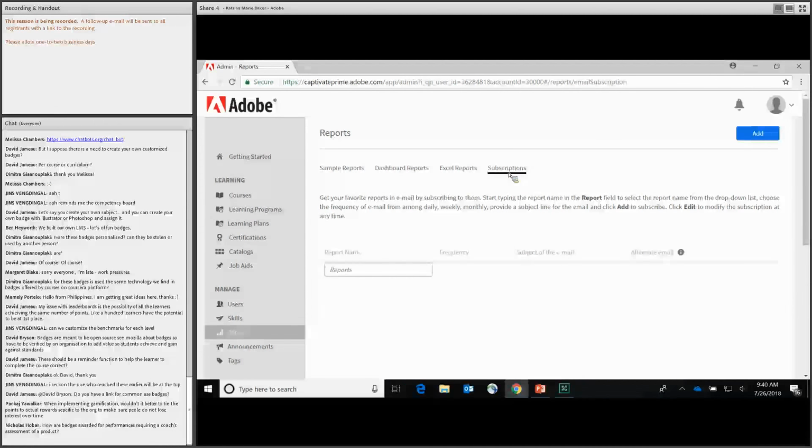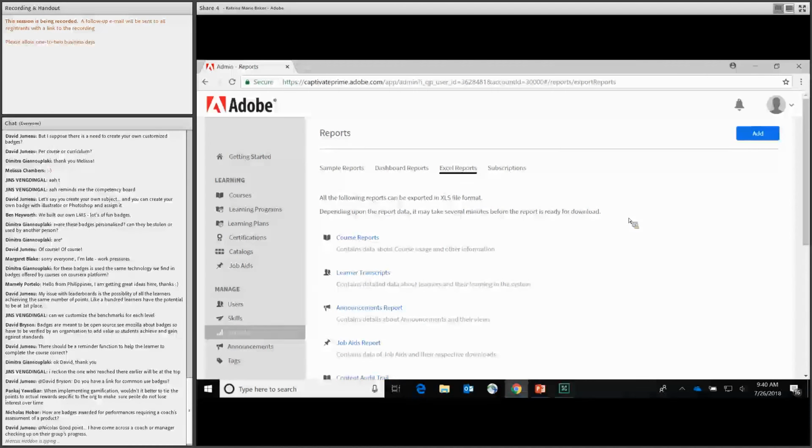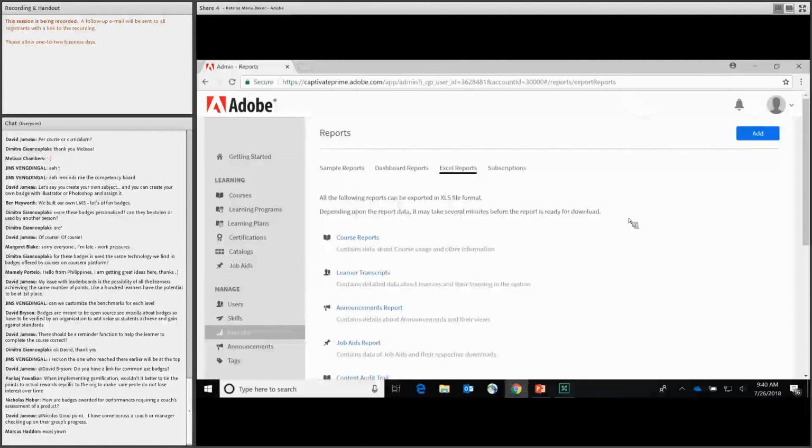And these are features that you can look for if you are planning on doing a gamification initiative, so you're not having to recreate the wheel. Because as someone said earlier, and I can attest, it takes a lot of work to keep on top of a gamification initiative if you have to pull over the data every week and splice it and do pivot tables in Excel. That's very painful on an administrator. And actually, here we have Excel reports that have the pivot tables already built in for you. So that would be ideal if you're going that direction with gamification.